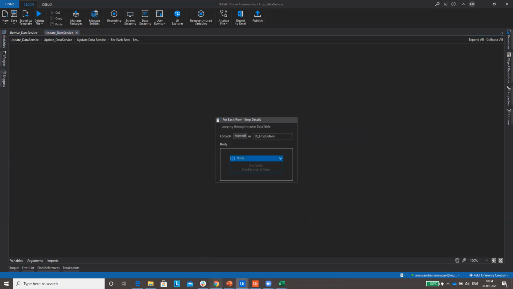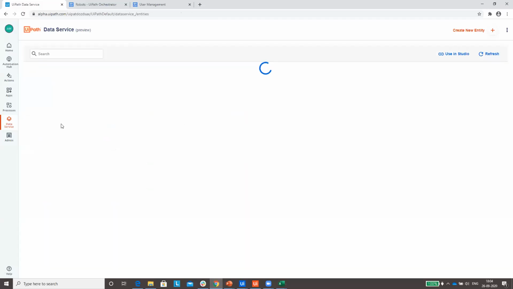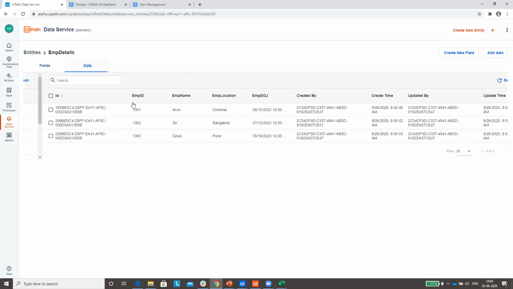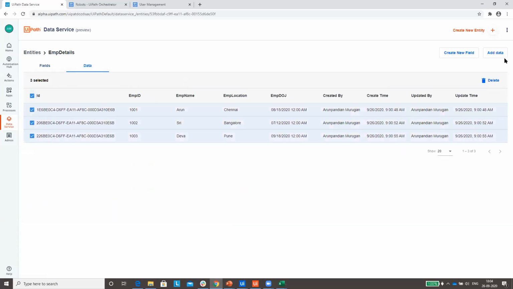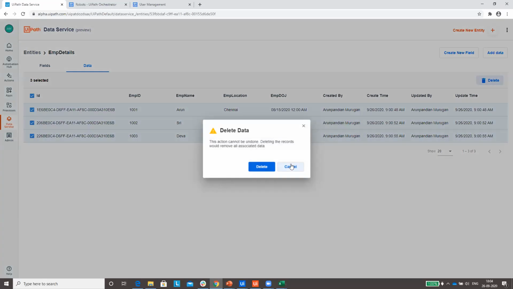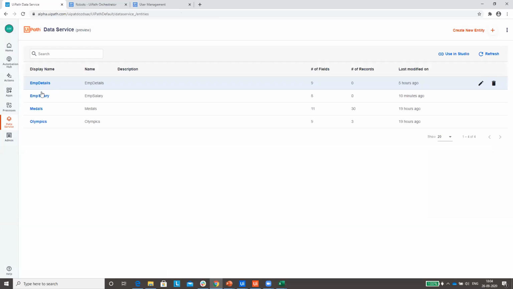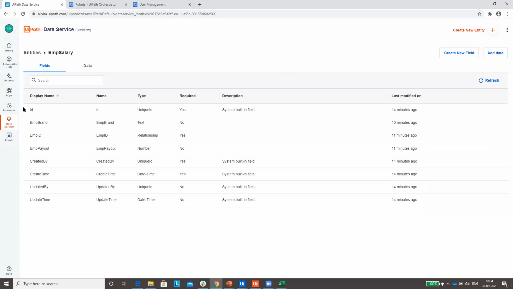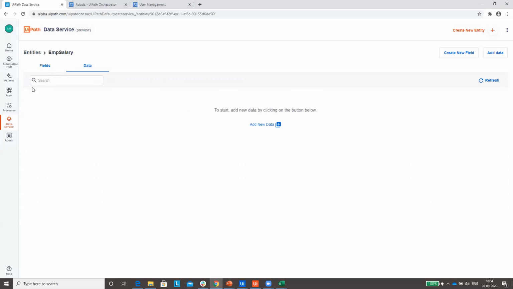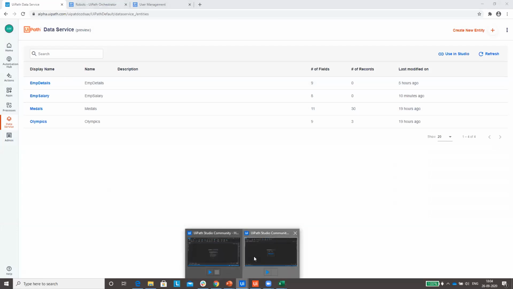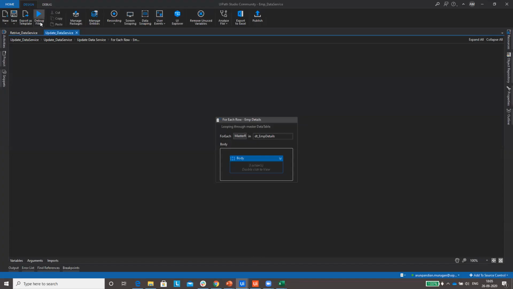Before running, let me just delete all those values. Okay. We don't have anything in salary. Let me try to run it.